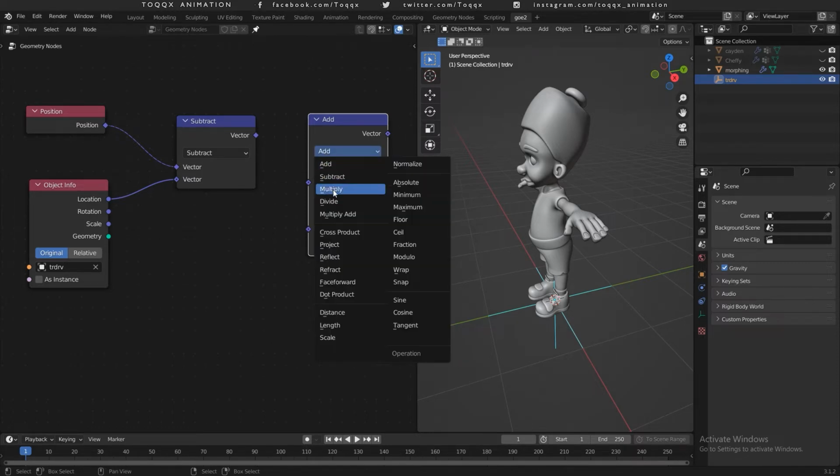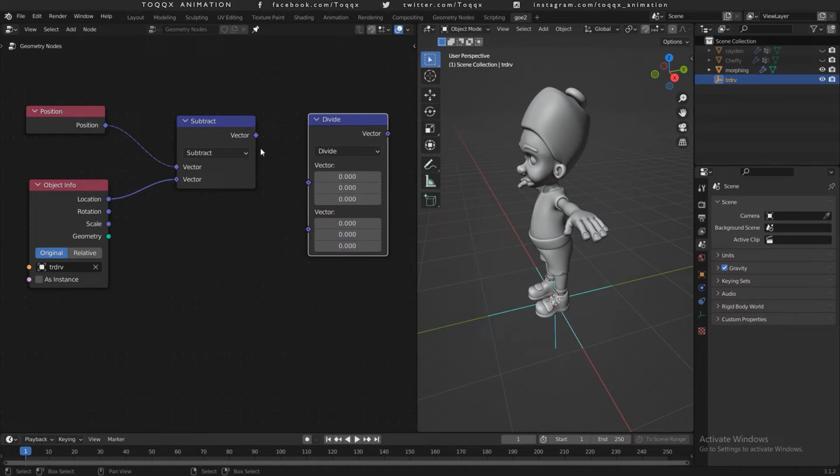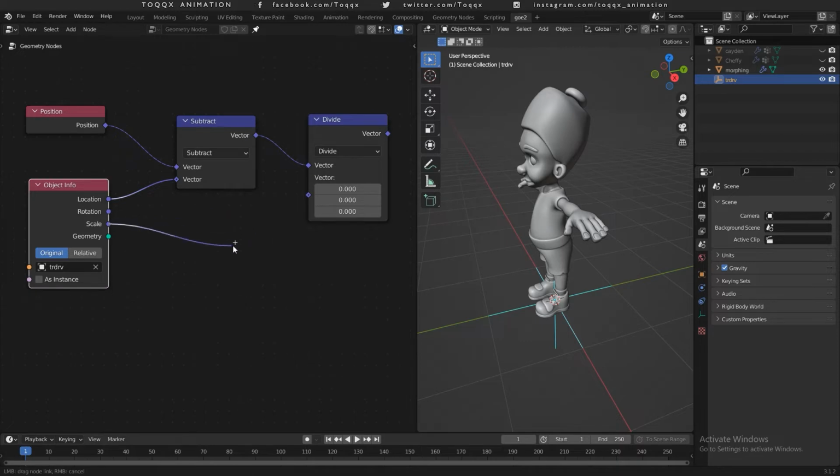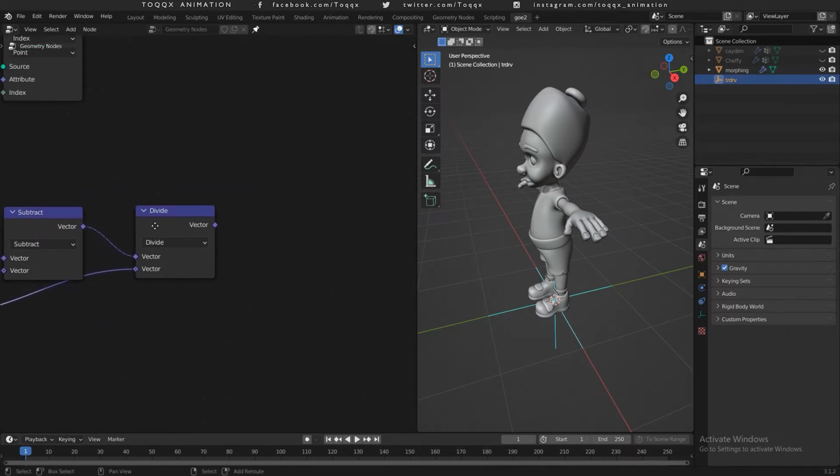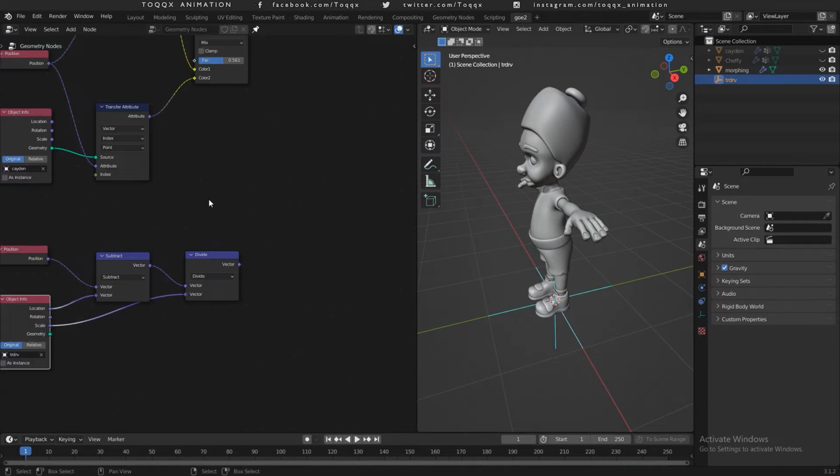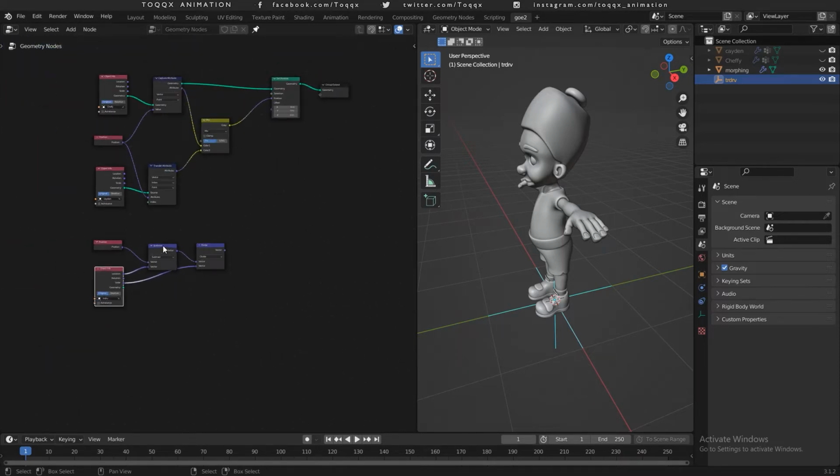And then change this to divide, connect this vector there, and then connect the scale of the empty to that. Now let's just move this a little bit backwards there. Okay, now